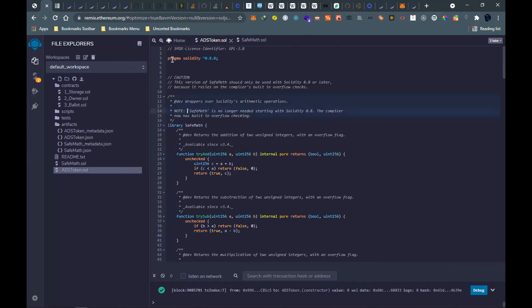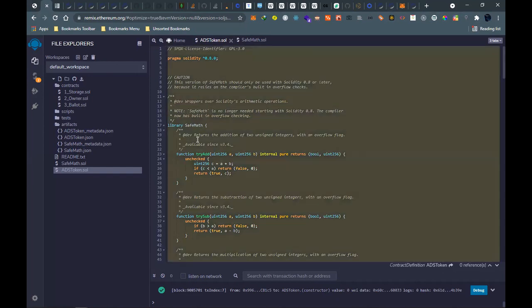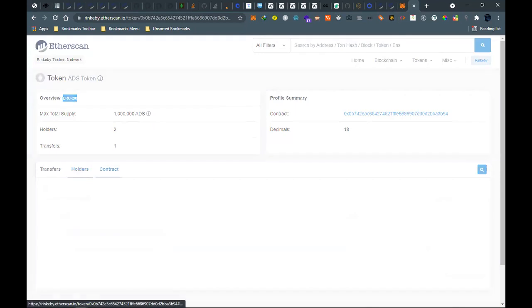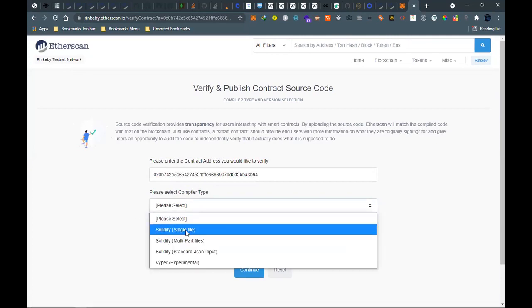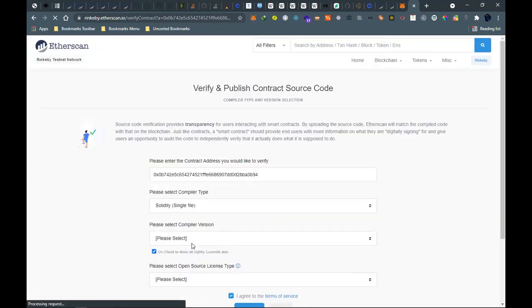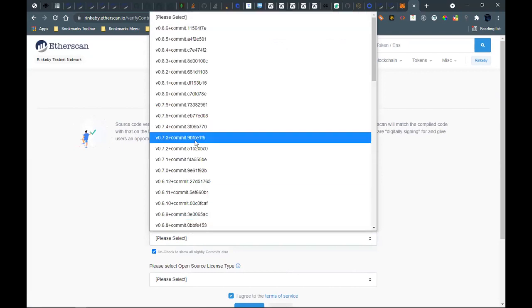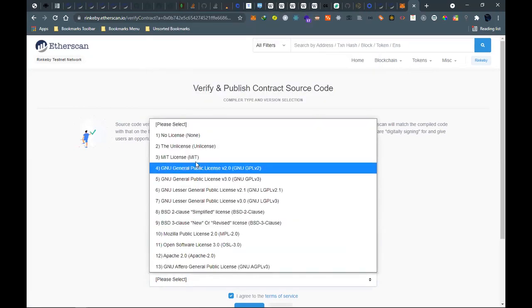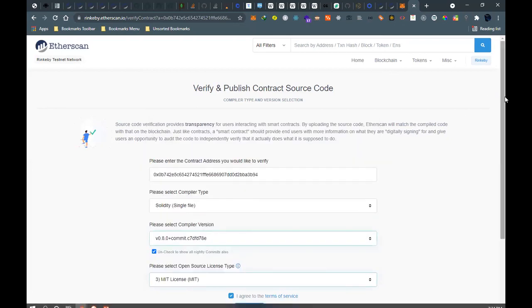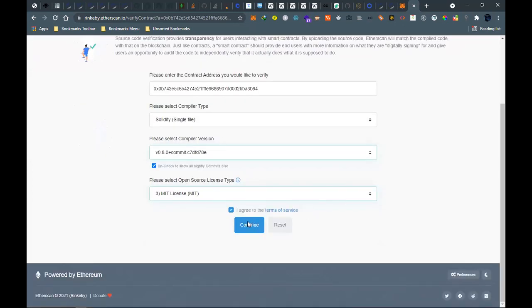Let me try to verify again and see if it's going to work, because we have a few minutes. Let's verify. Single file, compiler, and then we have license, which is MIT. And then we can continue.